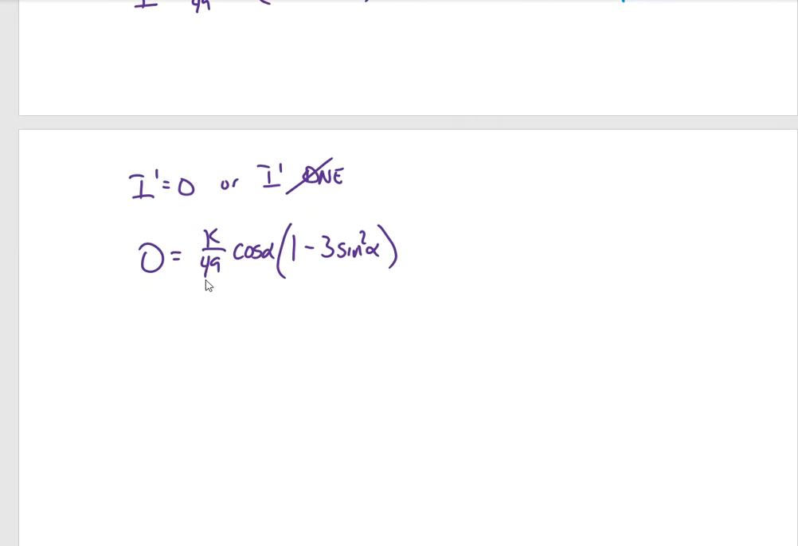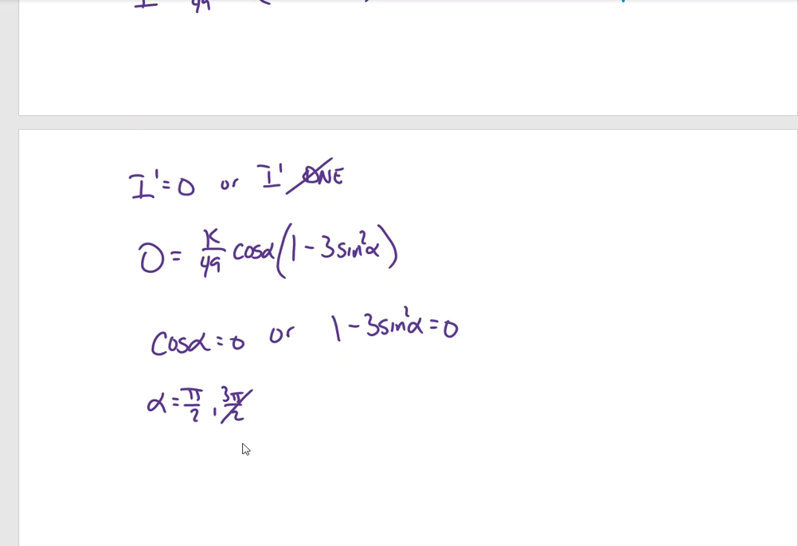Leads us to, all right, k over 49 is not going to be 0. Multiply both sides by 49 over k, whatever. Cosine of alpha equals 0, or 1 minus 3 sine squared alpha is 0. Now, if cosine of alpha is 0, then alpha must be an odd multiple of pi over 2, right? In the interval from 0 to 2 pi, it had happened twice, but we know 3